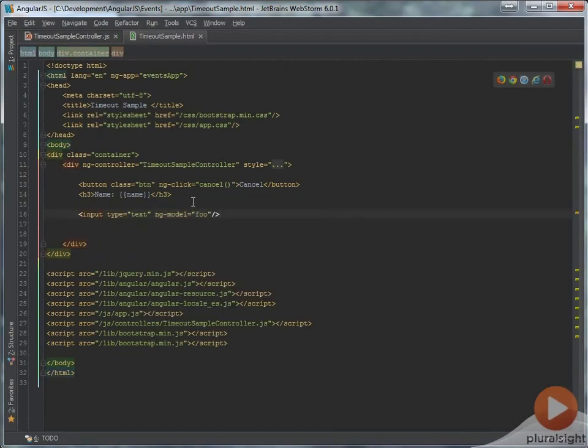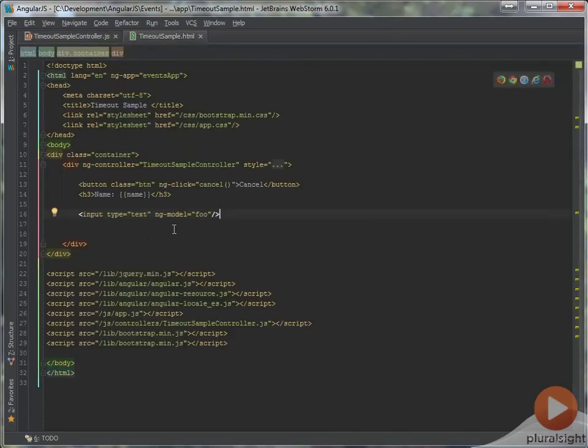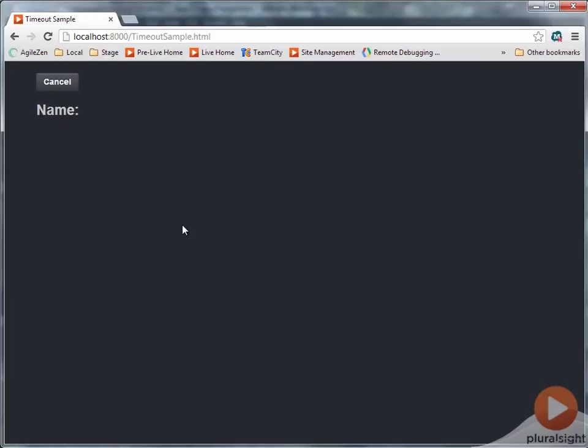So if I come back over to our controller, let's change this so that, instead of using the timeout service, it uses JavaScript's setTimeout function, which has the same syntax. And then we've added this other input box on here just so that we can cause a change in the model that causes Angular to reevaluate the bindings. So if we come over to our page now and refresh,